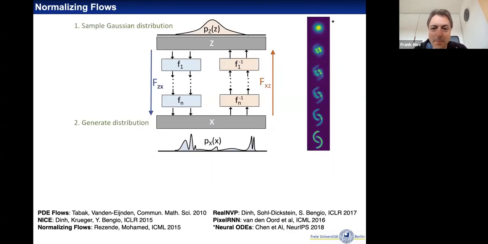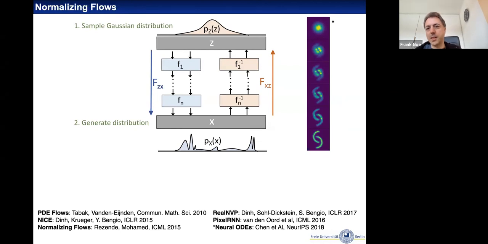And so in physics, or in molecular physics, we have a slightly different setting. We're usually not given the data set that we want to learn the density from. I mean, this is exactly what we want to avoid doing here, because the sampling problem is hard. But instead, we're given the energy function, which defines the probability density that we want to sample. And there's a very interesting neural network architecture, called normalizing flow, that is suitable here.